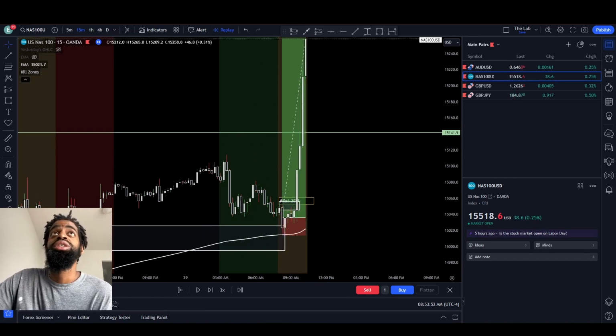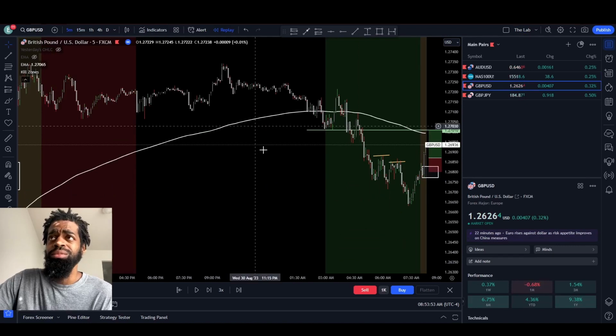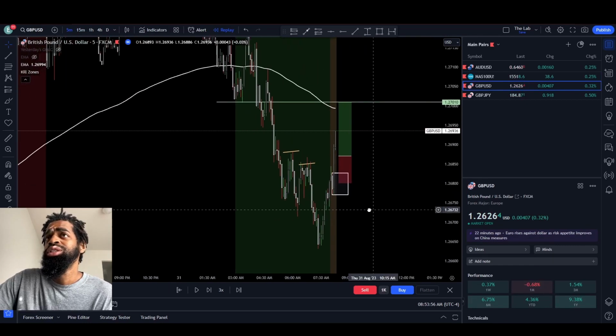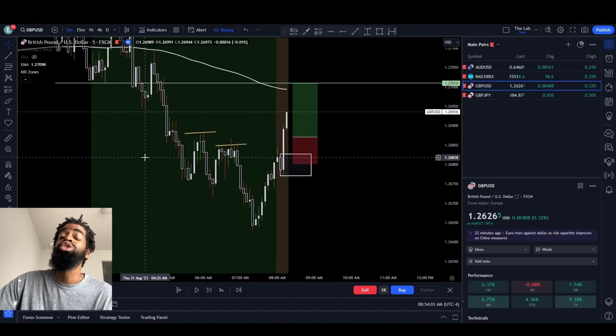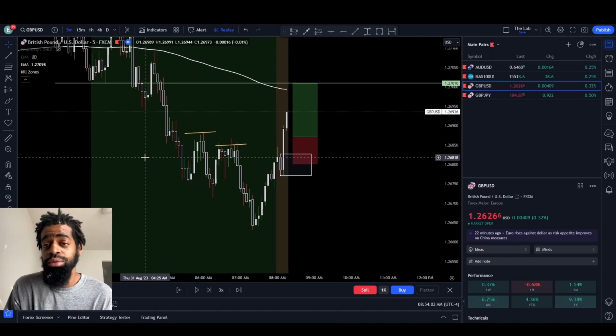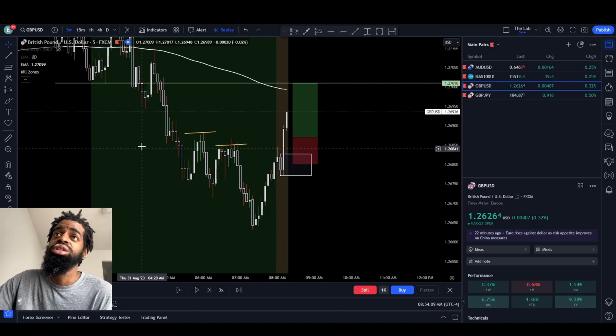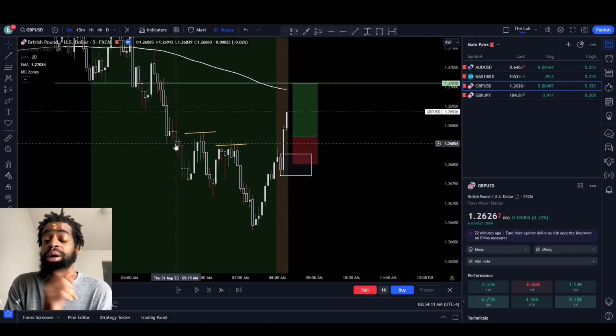Didn't trade Wednesday, came back on Thursday. I saw this GU setup here. This GU setup had 2 breaks of structure to the left. And it's also counter trend. Usually if I stick to my rules, I don't trade counter trend unless it makes sense, like when it has a break of structure. This did have 2 breaks of structure and wound up being counter trend, but my entry on this was